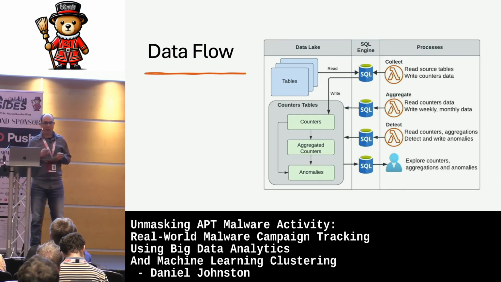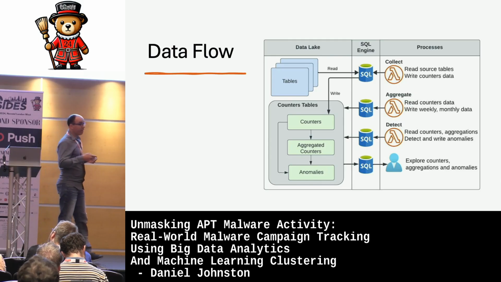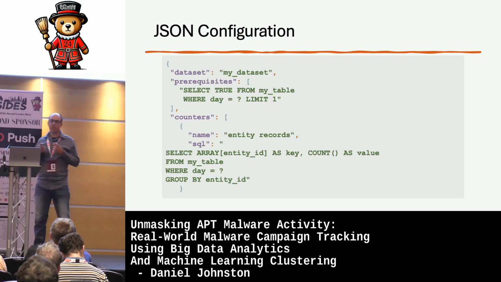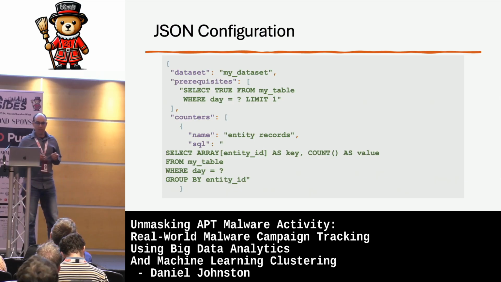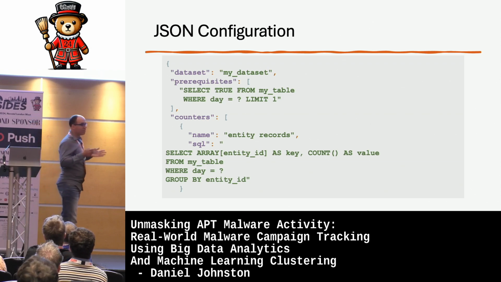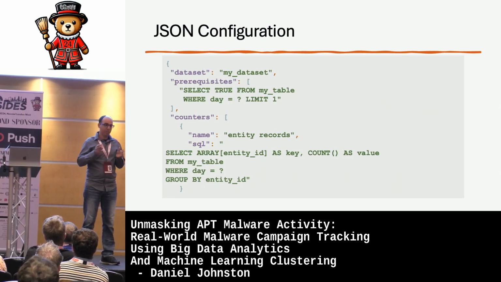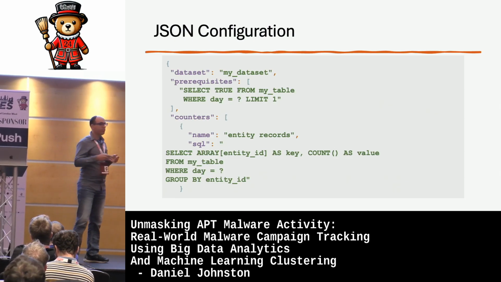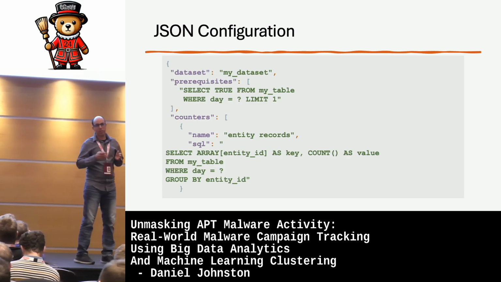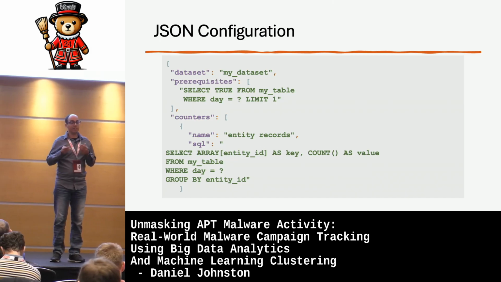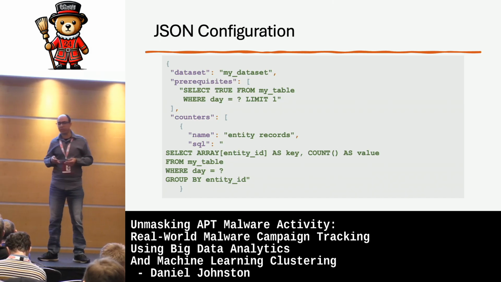So let's understand how a researcher can define counters. We have JSON configuration files. We call them datasets. And a dataset is simply a list of counters where each counter is like a SQL statement for getting data. For example, a CVE over time. So I will get data for all of the CVEs that we protect against